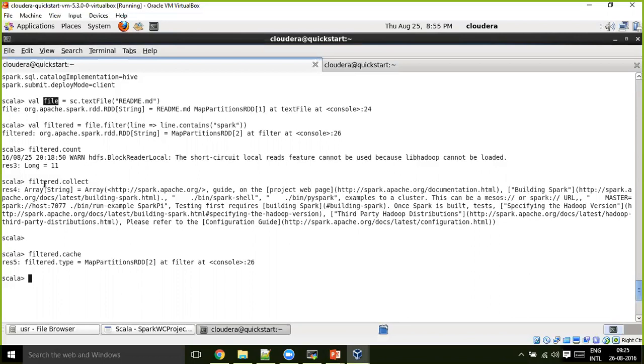You agree that, right? So if you don't want that to happen, you already calculated the filter, and you have the count result. That means for getting the count result, you have to calculate the filter. And on the same RDD, I'm performing one more action.